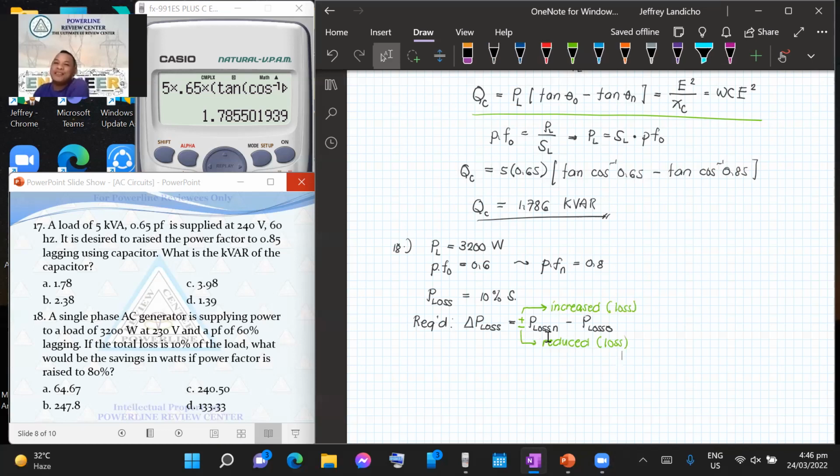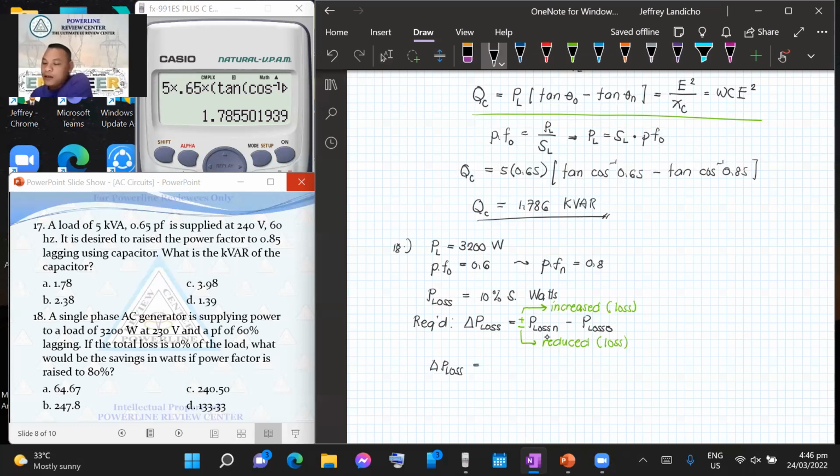Mas malaki yung losses. So since sinahanap natin dito, what is the savings in watts? So dapat lumabas dyan, it should be negative. So that negative equivalent to the amount of power loss that is being reduced to our system. Okay? So yung power loss, it is 10% of the apparent power supplied to the load which is already measured in terms of watts. So naka-watts na daw yan diretso. So therefore, pag kinuha natin yan, so the change in power loss,